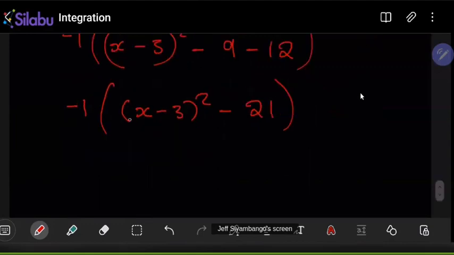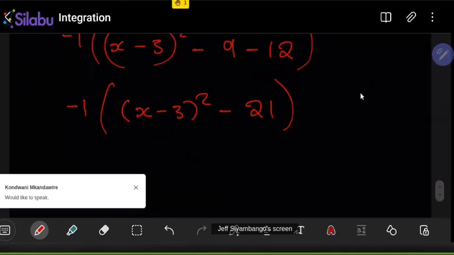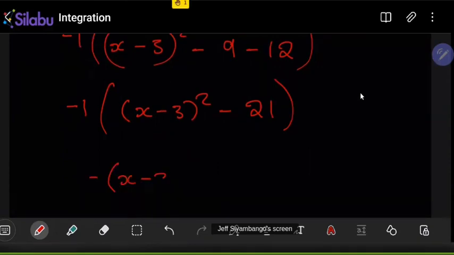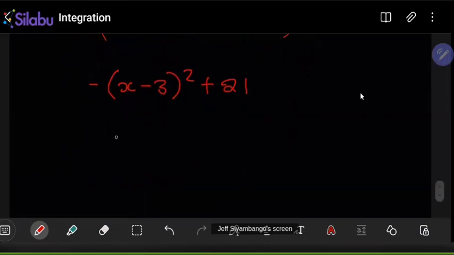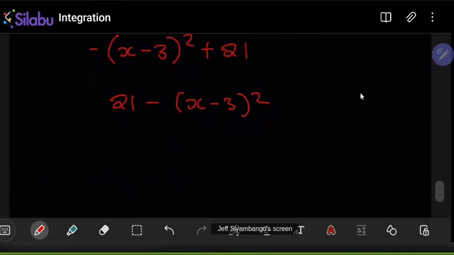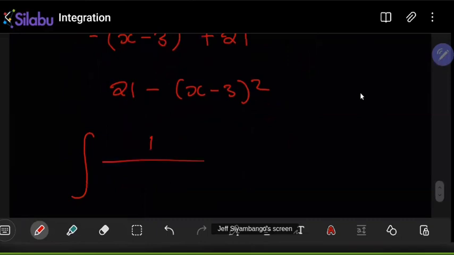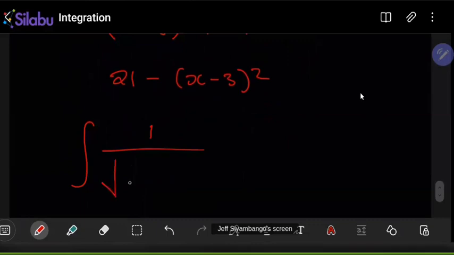When I send that minus inside, now I have minus (x minus 3) squared, and this becomes plus 21. So if you look at our integral now, of course, I can rewrite this as 21 minus (x minus 3) squared. So when we go back to our integral, it becomes 1 over, where we had that quadratic, we're now going to have this 21 minus (x minus 3) squared,